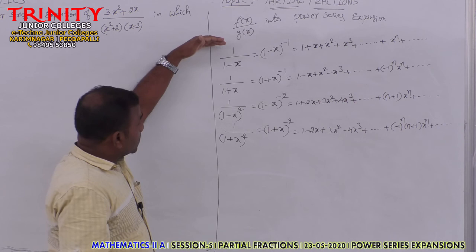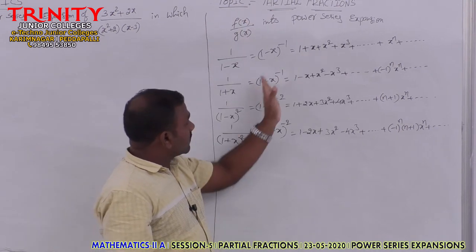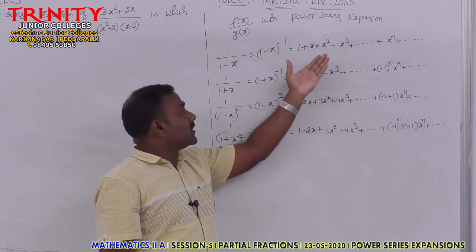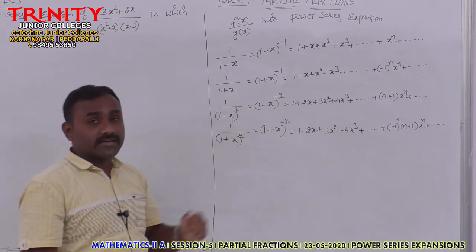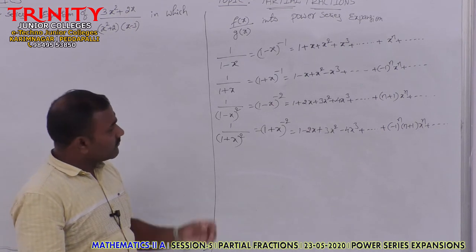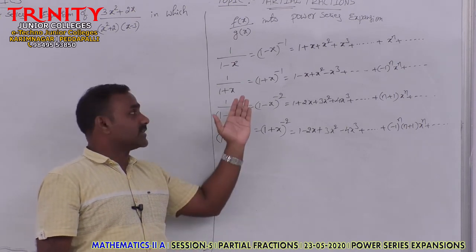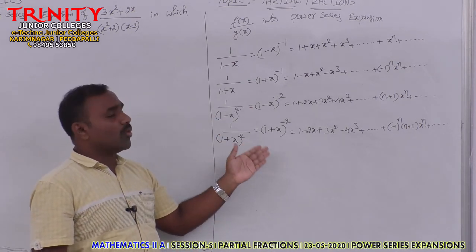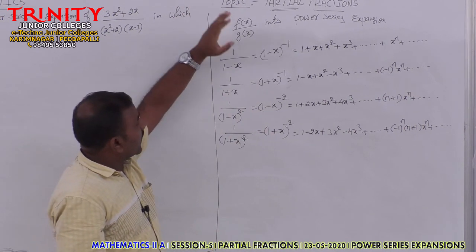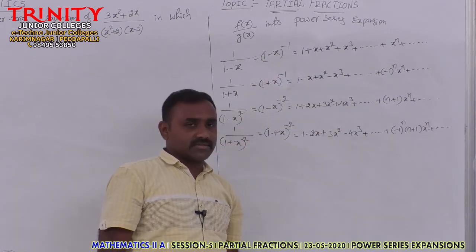How we get this series, we will see in the chapter named binomial theorem. There we have the binomial theorem for rational index, where we will get its proof. But here we take only the part of how to convert and how to find the coefficients of particular powers